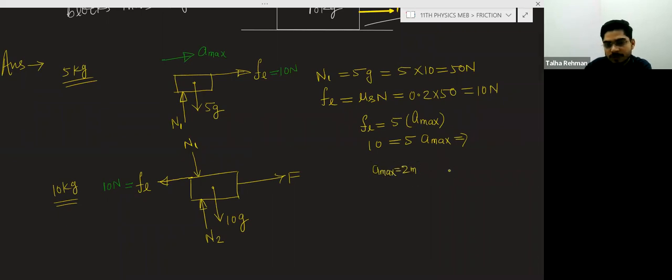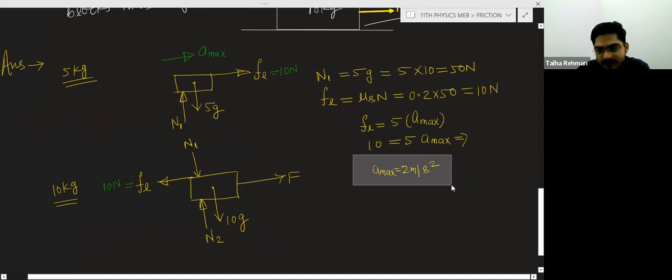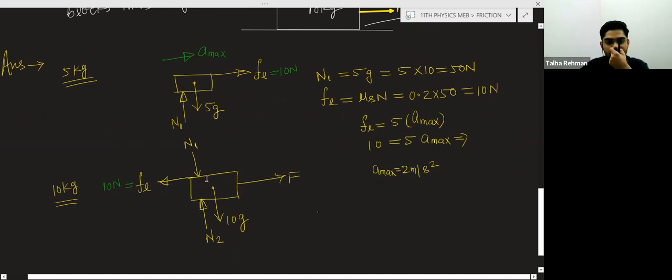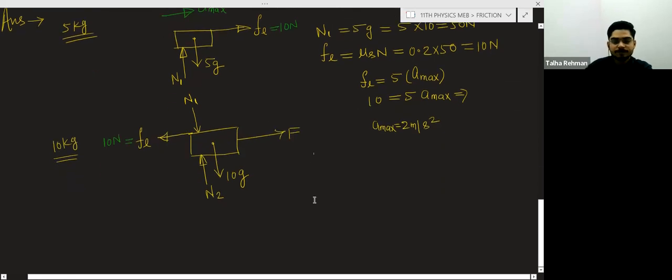A max is 2 meter per second square. Now we will use this maximum acceleration in the equation of force of this block, and we will get the value of this force F. Now see, first we will calculate the,